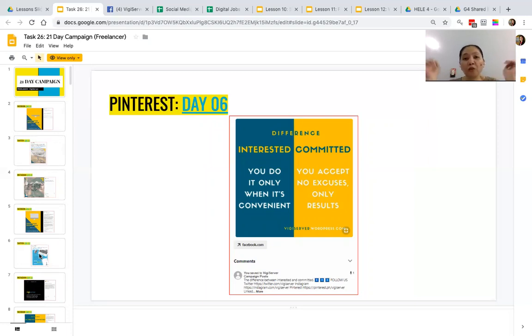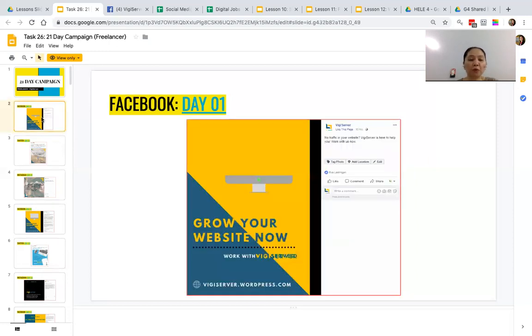platforms. You can reuse, however, your post on Facebook on day one can be posted in Instagram on day two, and on Twitter on day three. So you just have to learn how to shuffle. Okay, and you're asked to post twice a day. So you will be creating 42 different social media posts, 14 in awareness, 14 in consideration, and another 14 in decision. Okay,